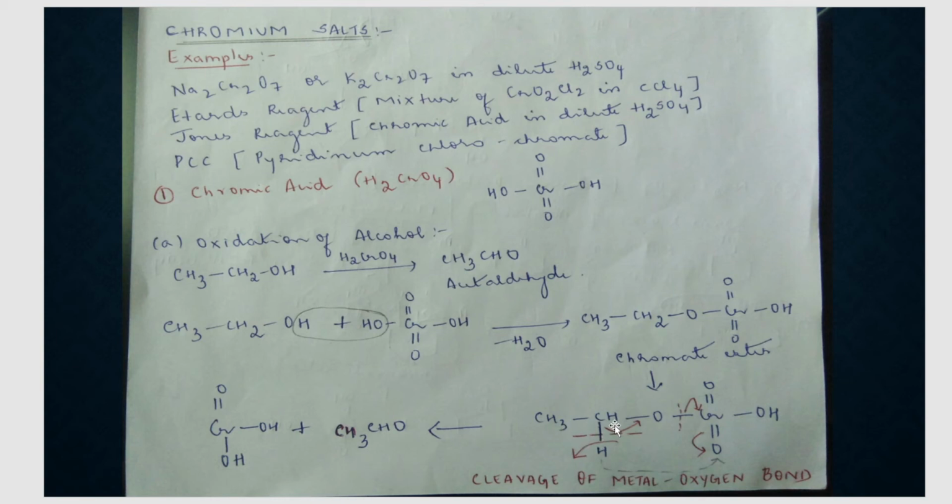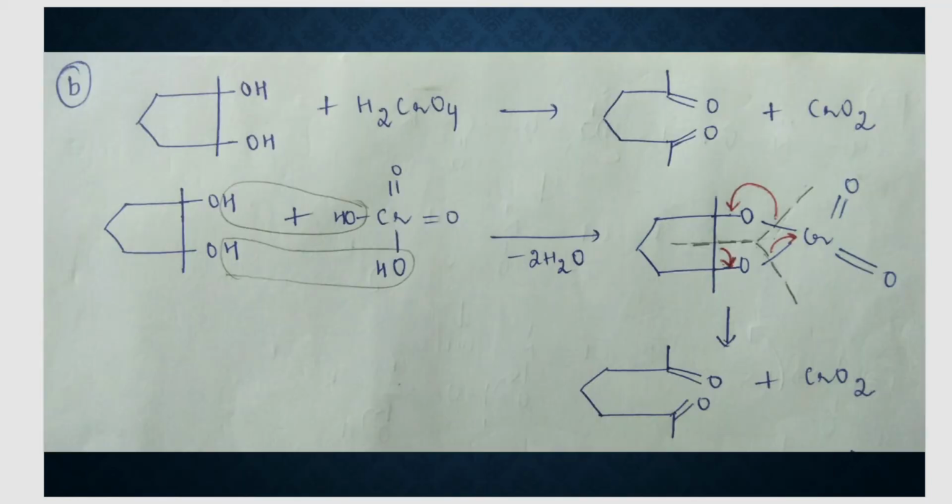CH3 C double bond O bond H, which is an acetaldehyde. And what do we get? We have chromium with 2 OH. Here 1 H which is obtained from this part, 2 OH groups and 1 double bond O. So that's a very simple reaction mechanism of this reaction. Okay, that was one of the applications.